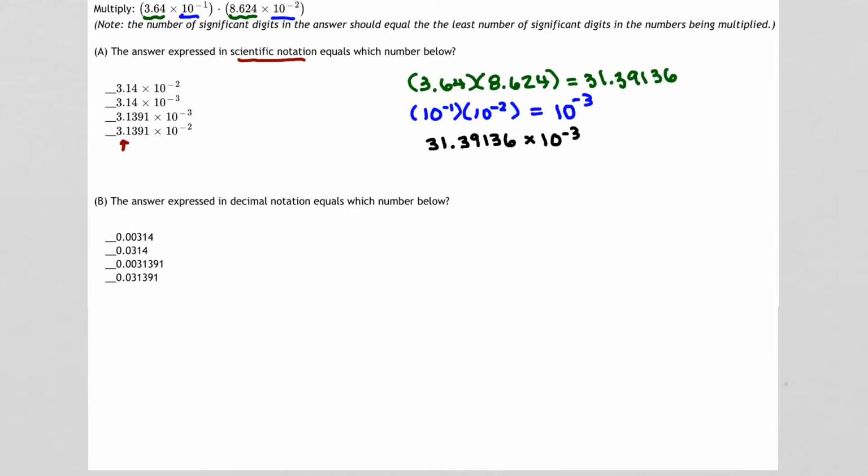There's a couple ways to do that. I'm going to probably take the longer way because most students seem to understand this a little better, but I'm going to start by taking this number and rewriting it into decimal notation. 31.39136 times 10 to the negative 3. Well, that 10 to the negative 3 tells me that I can move my decimal place 3 places to the left to get my decimal number. That means I have